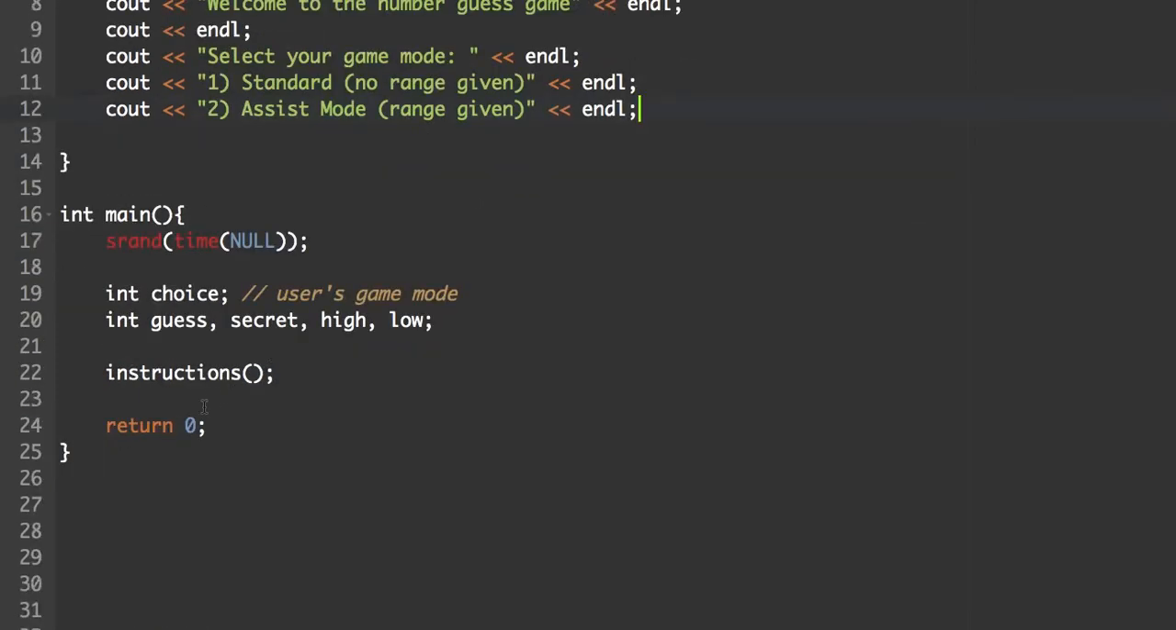So after the instructions, we'll prompt them for their choice. So cout enter choice, and we'll cin the choice. We'll assume the user is going to be entering either a 1 or a 2. If they enter 1, we'll be entering the standard game. So if the choice is 1,